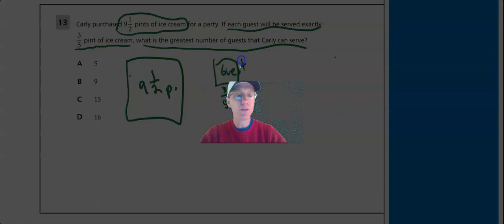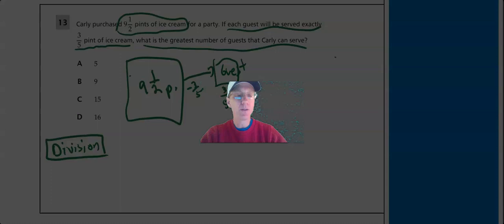So we can imagine this going on. You're scooping this out. So each time she's taking out 3/5. So again, each time we're subtracting 3/5, 3/5. So this is a division problem, okay? So we can set up these two fractions and divide them, or we can think through, maybe you want to think through how to draw this. So there's a lot of different options that you can do.